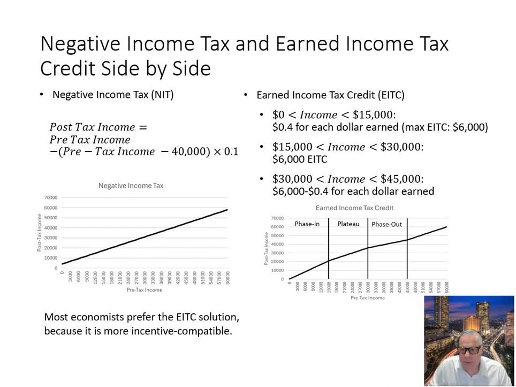Okay, so in this slide you can see here on the left side the negative income tax, a little bit simpler than the earned income tax credit, but you see that the post-tax income is basically a linear function of the pre-tax income according to this example here. And the earned income tax credit looks a little bit more squiggly, but what I want to do now is, let's just replicate that quickly